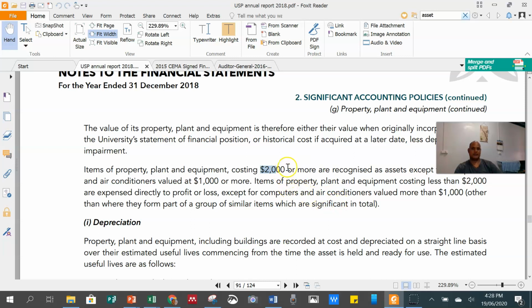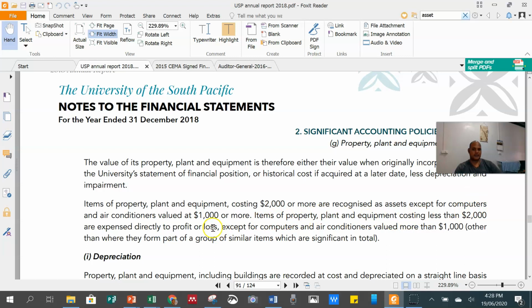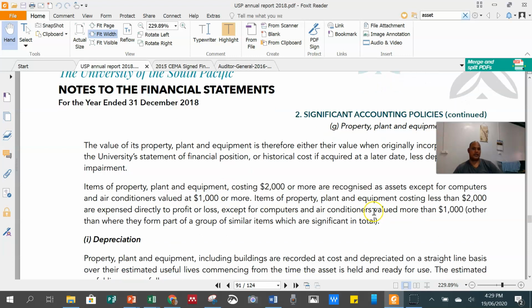It has to be disclosed as an expense, not an asset. However, if something is valued at 1,000 or over but is a computer, that still needs to be recorded as an asset. But if it's less than 2,000 for any normal property, any PPE, then it has to be disclosed in the profit and loss statement.